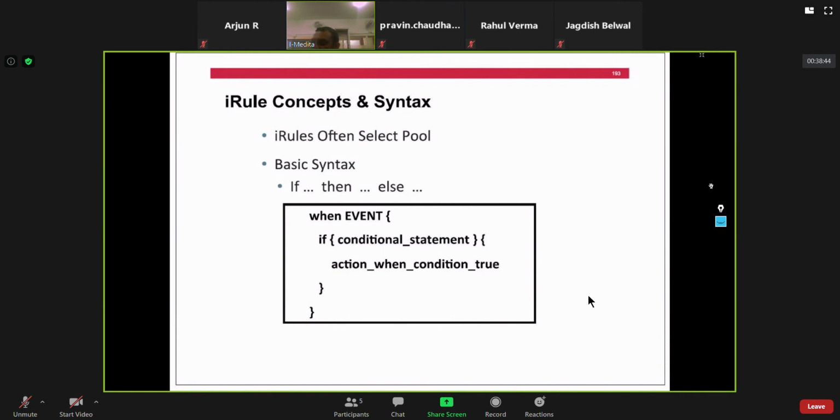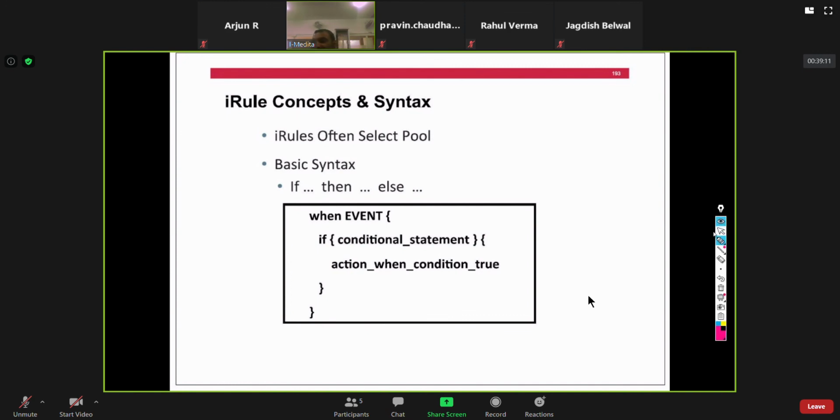For Mozilla Firefox users, you will have a different pool. For Safari, you will have a different pool. For mobile users, you will have different pools. You can even have different pools for different geolocations. In iRules, you can define that, hey, I know that an IP address starting with 200 will come from India, so for Indian users, I want a different pool. You can perform it in that way too.